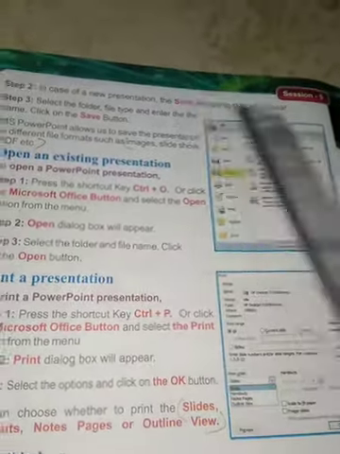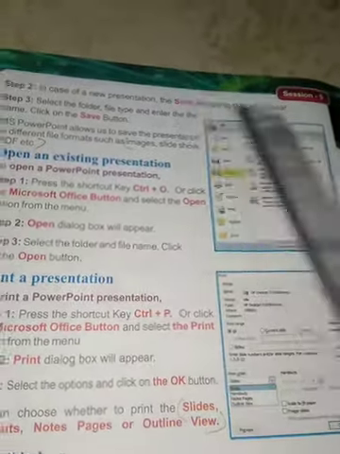So select the folder in which it has to be saved. You'll have so many folders in your system, so it may be in your name, like Akash file name. In the file type, choose whether you want to save it as PPT only or as a PDF, and enter the file name, whatever name you want to give the file, and click on the Save button.